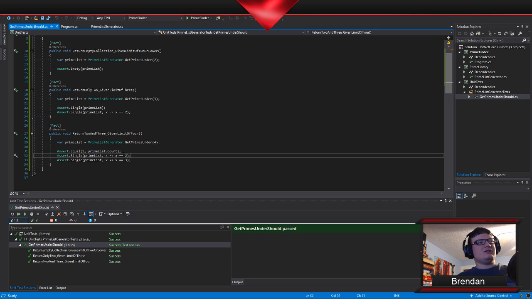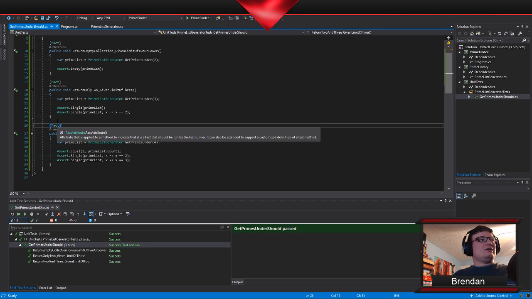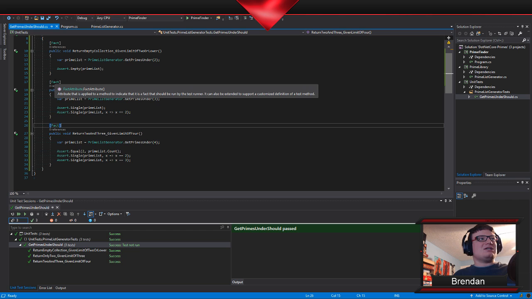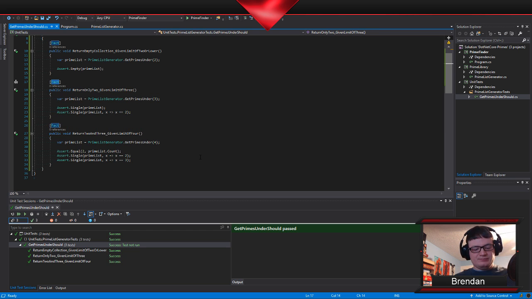Okay. So now that we've got that, I want to make some changes here because this is going to get out of hand quickly. I am going to work under the assumption that a higher number is not going to break things. So, I am going to start putting in some test data here.